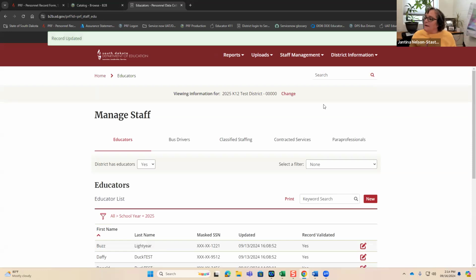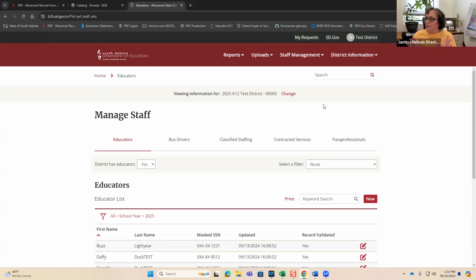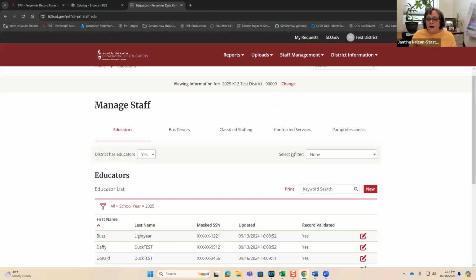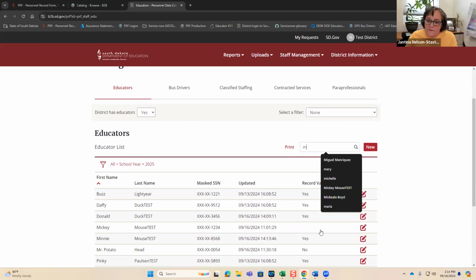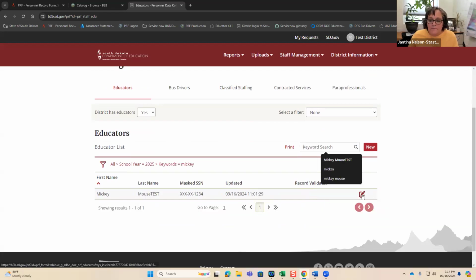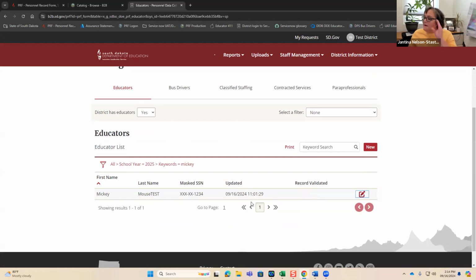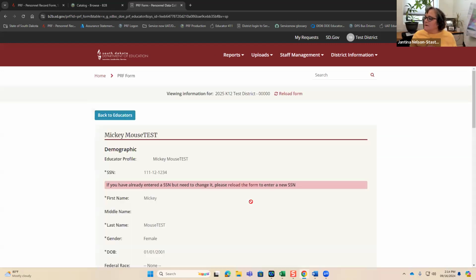Now, if you have an employee who is no longer a staff person after working the first part of the school year, I'm just going to bring up Mickey. If Mickey Mouse was employed during the first part of the school year and then left employment, you will need to update his information.